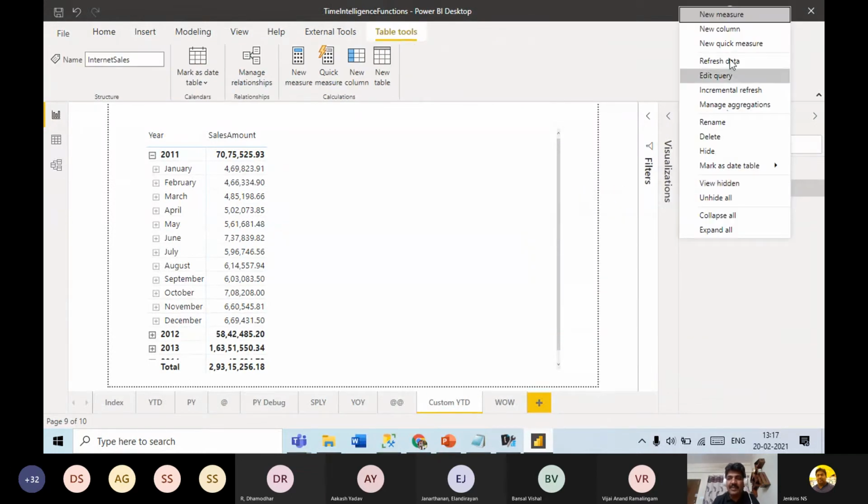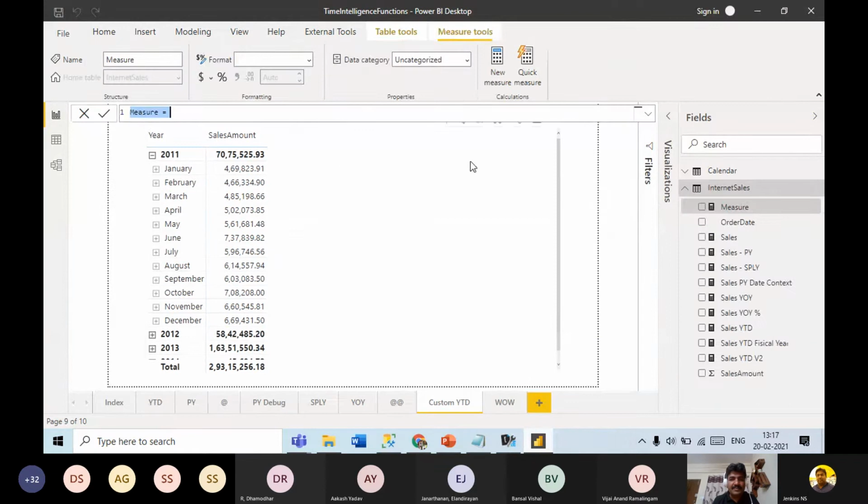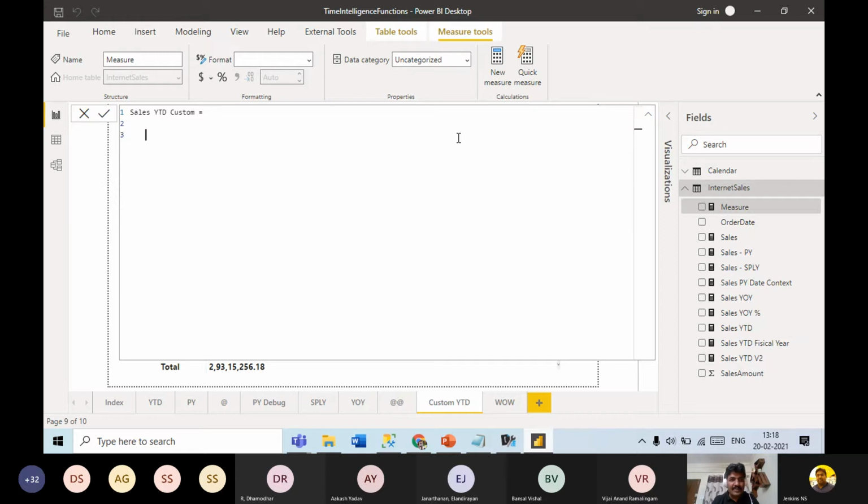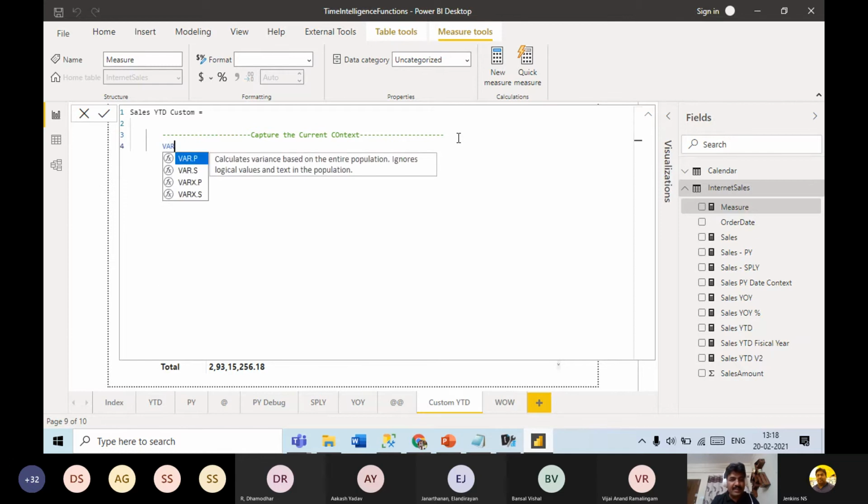So for this one, let me create one new measure. I'll name it sales year-to-date custom. Okay. So as I told, three steps for any time intelligence function like calculation you want to build on your own. First, capture the current context. So in here, what you do is use a variable. What is the current year?